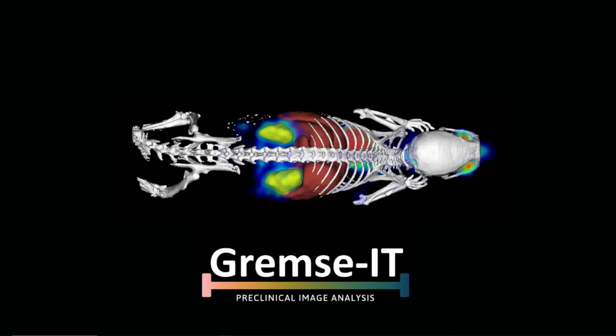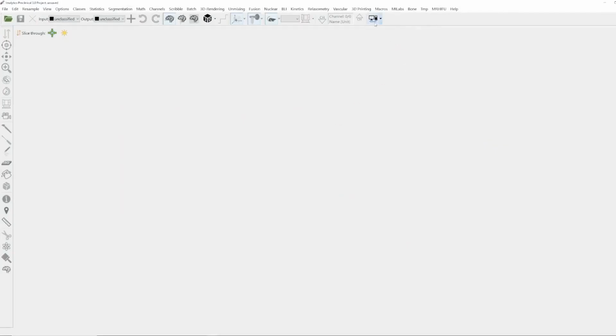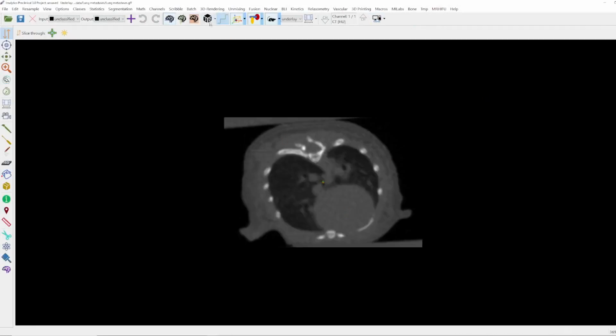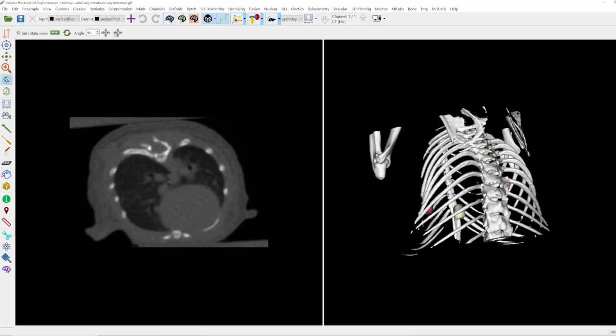Hello, welcome to this movie in which I will show you how to perform analysis of lung metastases with the Imalytics Preclinical software. So let's open the software first and let me load an example dataset under Tutorials, CT, Lung Metastases, Load Example Dataset. When you open this 3D rendering and rotate it a little bit, you can see that